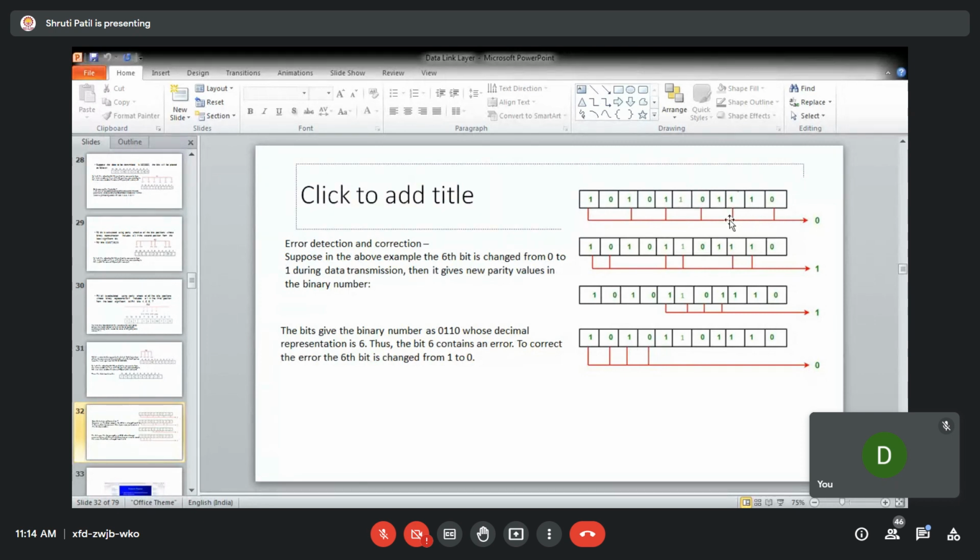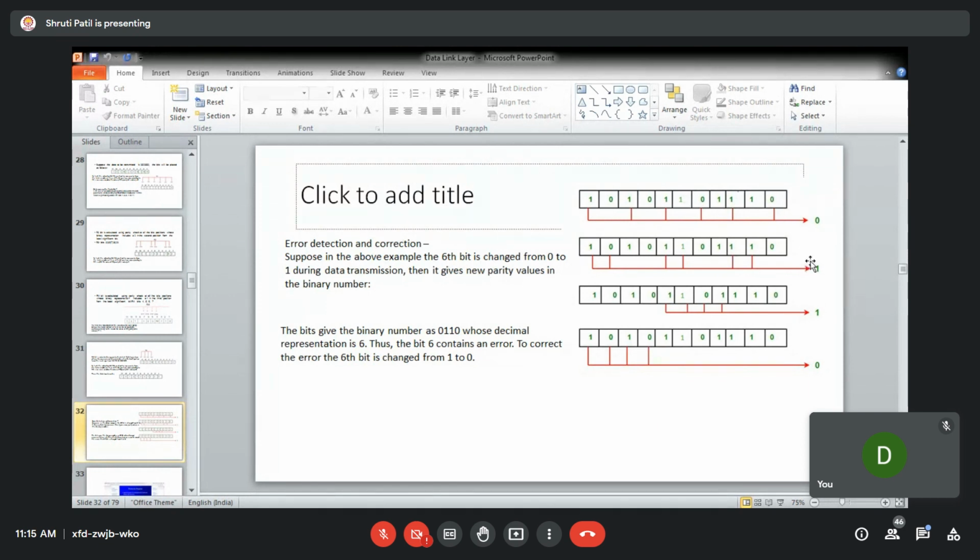Here when you calculate, you see the 11th, 9th, 7th, 5th, 3rd, and 1st positions. You get these are all 3, 4. So this is even. So this is 0, which is matching with the R1 that was received.